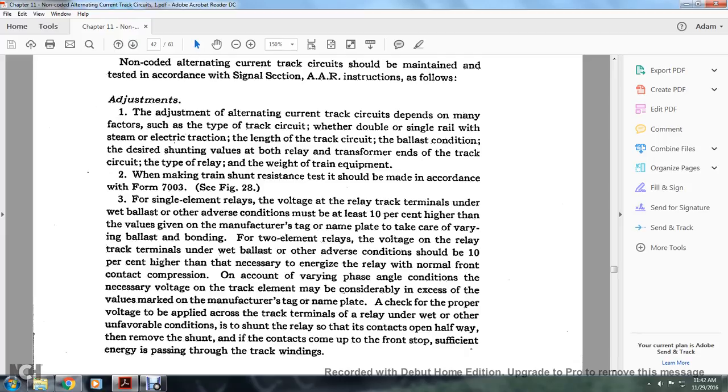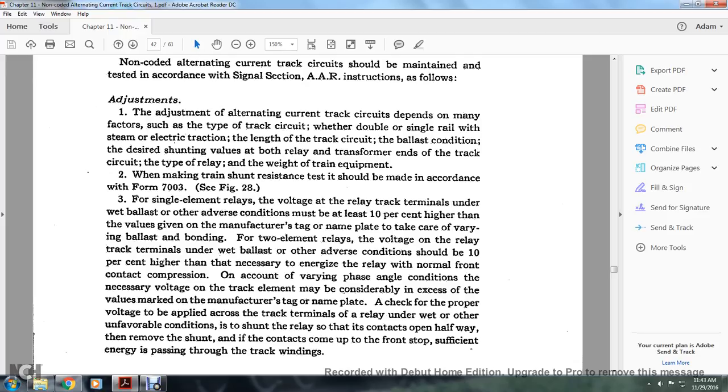For the 2-element relay, the voltage at the relay track terminals under wet ballast and other adverse conditions should be at least 10% higher than necessary to energize the relay with the normal portion in front of the contact compression, on account of the various phasing of the conditions with the necessary voltage of the track element. Consider the voltage values most marked on the manufacturer's tag and the nameplate, and check